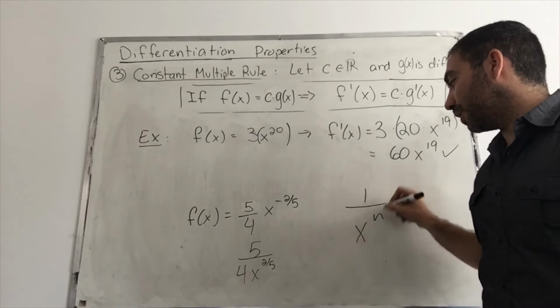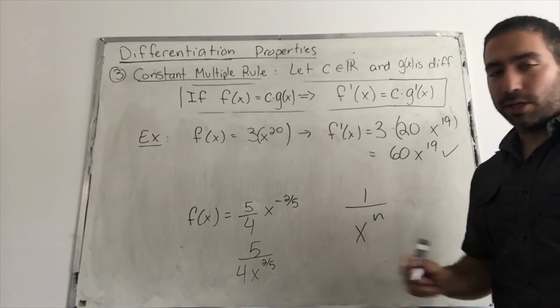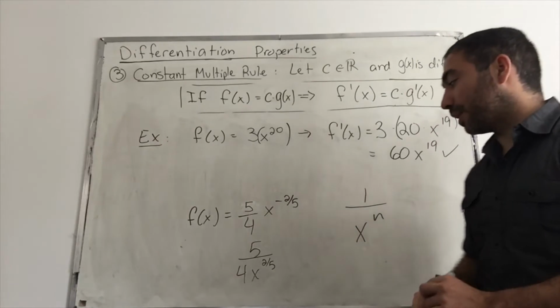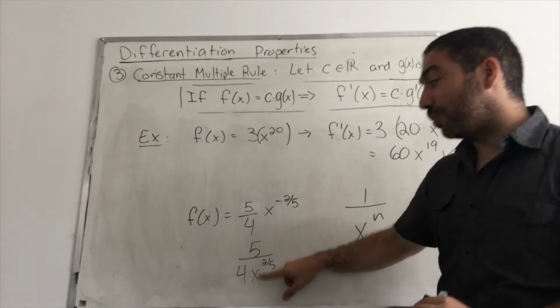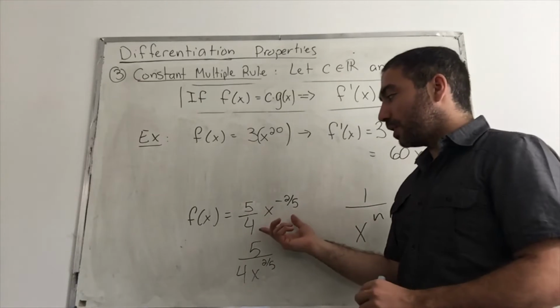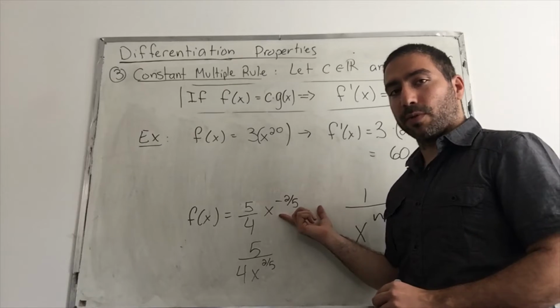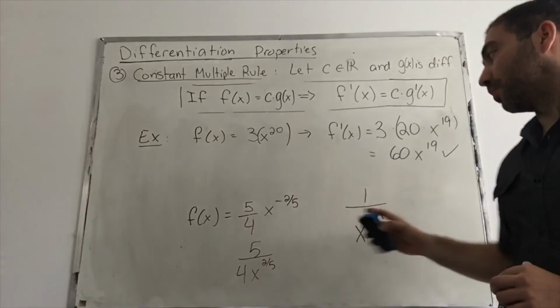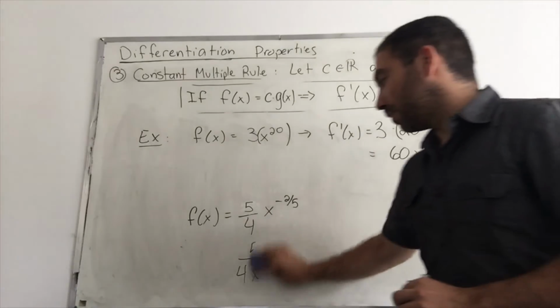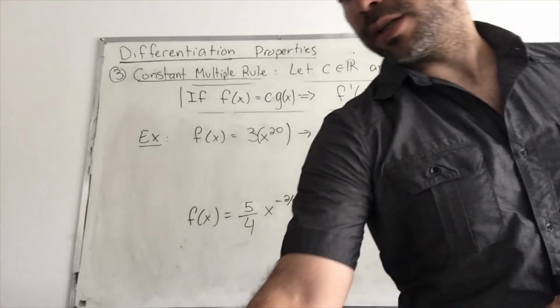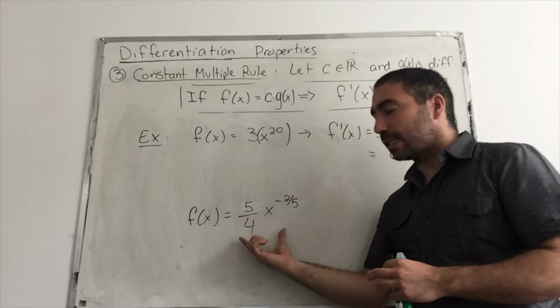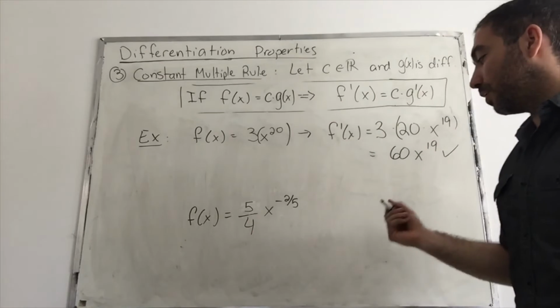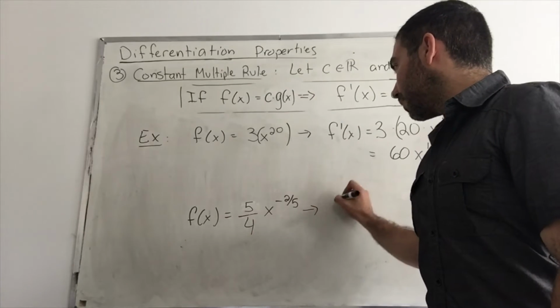If you have a fraction and the x to the n is on the denominator, you can't use the power rule anymore. Okay, so be careful for that. Here you're forced to bring it up. Even though we don't like negative exponents, in this case we're forced to put it in this form. Now it's of the form to use the power rule and the constant multiple rule, a combination of both. Okay, so it might look different. Sometimes you just have to manipulate it to set it up. But once you get it in this form, now we can take the derivative, giving us